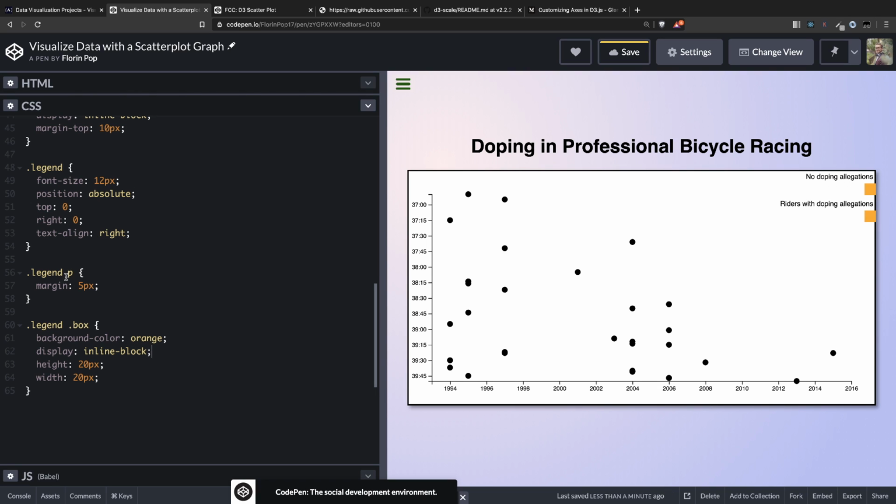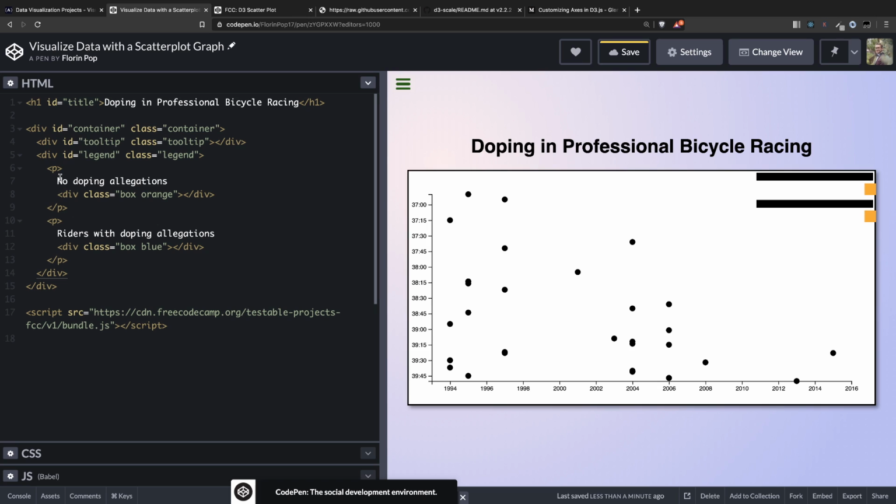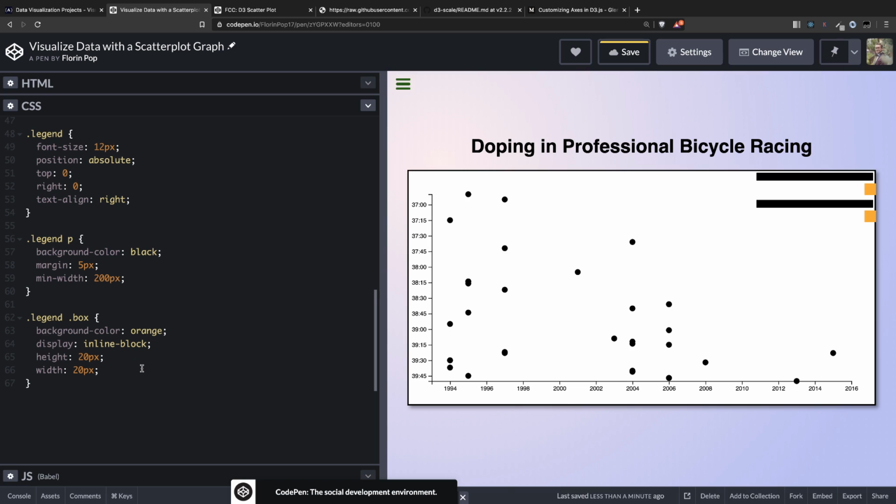I don't like that, so maybe a min width of 100 pixels. Okay, the divs are inside the paragraph, which I don't like. Okay, let's just color the divs differently. So the orange will be orange,